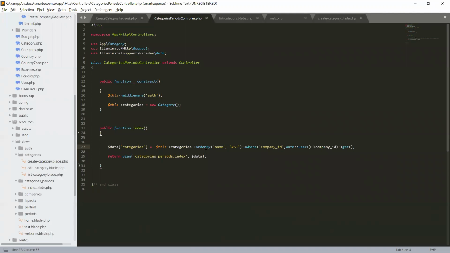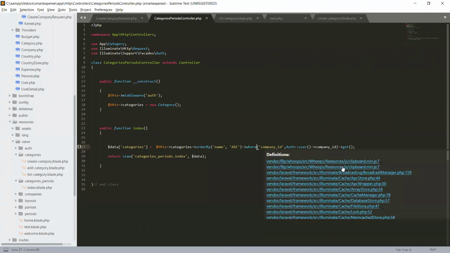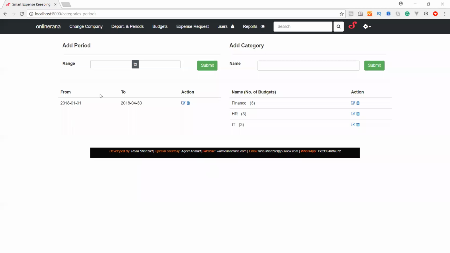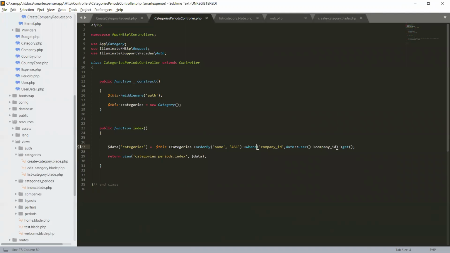So we will use the order by first, and then we will use a where, and after that we will fetch all the records. So let's check. I think there is an ordering problem. So it's now good. Okay, so no error. And we have now fetched the records.